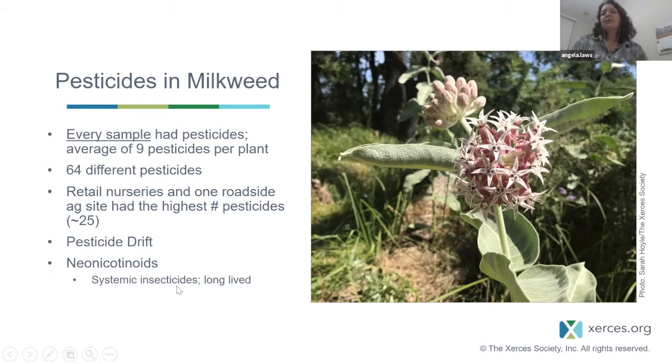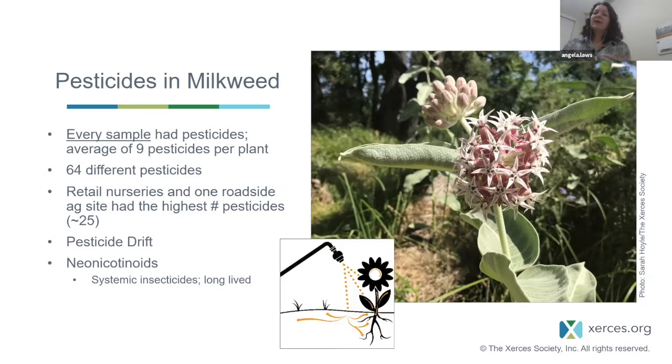One type of pesticide that we really need to worry about are neonicotinoids. They're long-lived, so they stay in the environment for months or sometimes years when applied to trees. And they're really toxic to bees, and they're systemic. So what that means, this little cartoon shows, if you spray the plant, it gets taken up and expressed in all the different tissues. So if I spray a leaf, that pesticide is going to show up in the pollen and the nectar. The other problem with this pesticide is it goes into the soil and it gets taken up